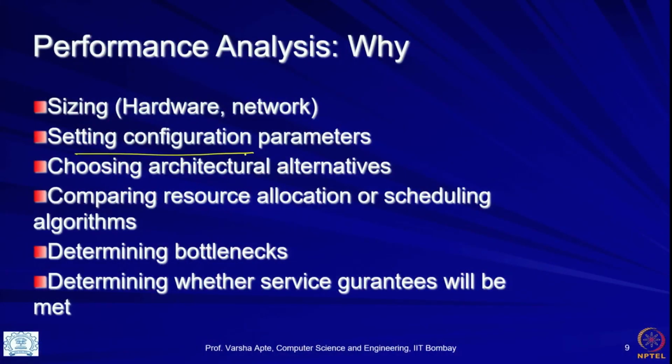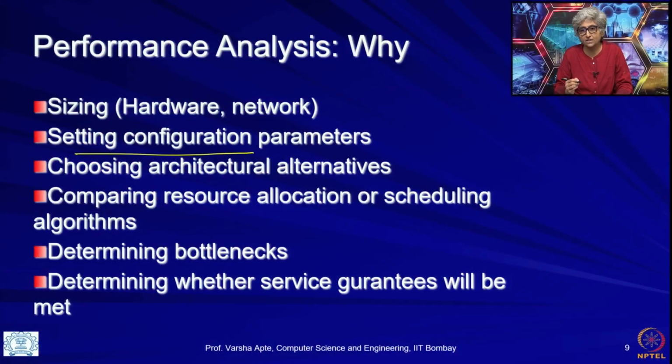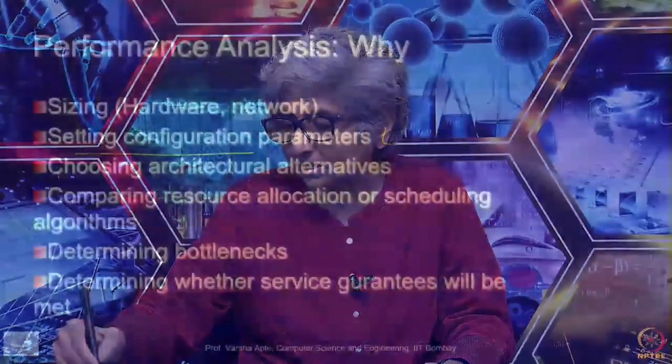If you calculate that, then if it is too much, you might be able to say that no, I should have more than 10 channels. Similarly, setting configuration parameters. What is a configuration parameter? One example is the number of threads a web server should have. This is something that is typically in a configuration file in the server. Again the same thing might happen. I should not have too few threads, so that requests are queuing. I should also not have too many. I should not have 50,000 threads on a 4 core machine, because all of you know from your undergraduate operating systems course that too many threads may cause what is called thrashing. We can have thrashing.